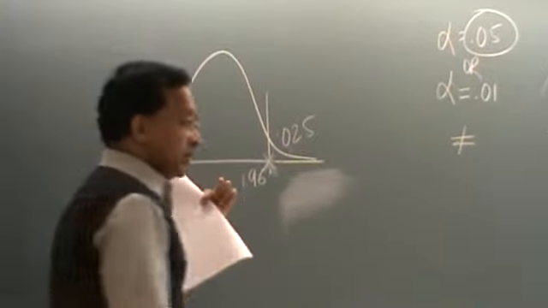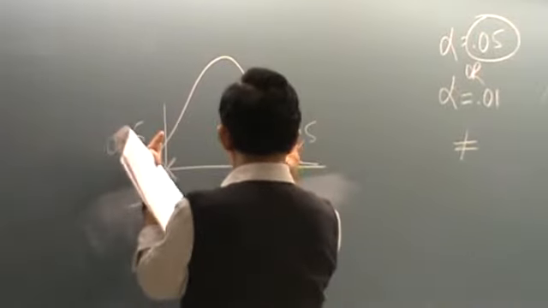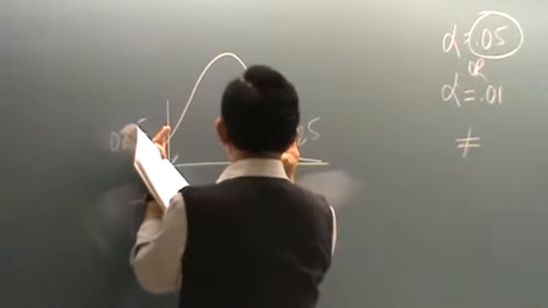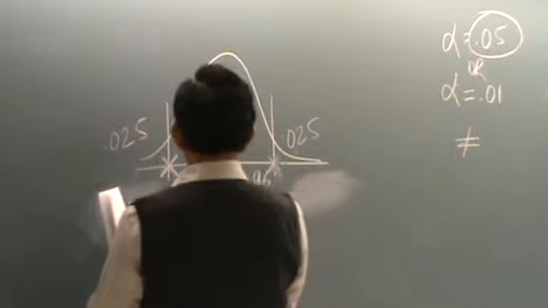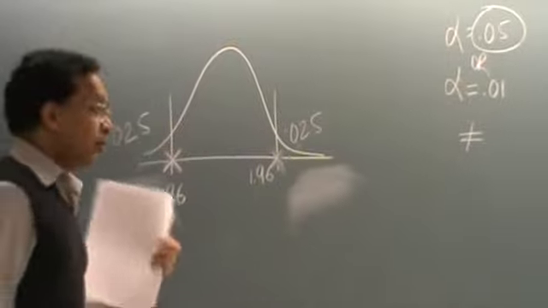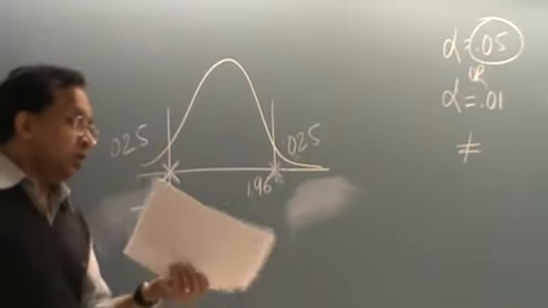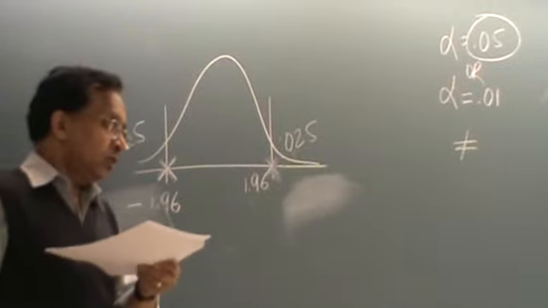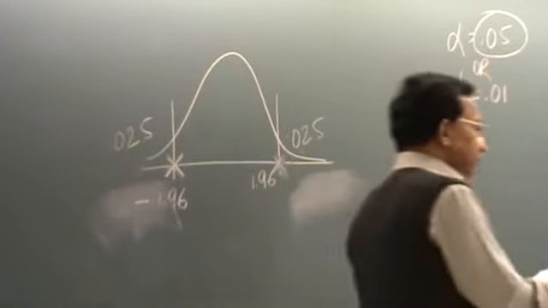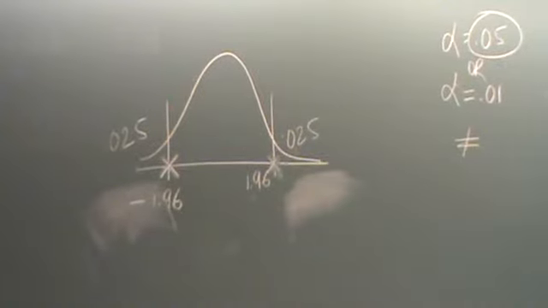Whenever using these two tails, this is the rejection area. So it has to fall within these, minus 1.96 and plus 1.96. If it doesn't fall within this value, then we reject the null hypothesis. So before we can even reject the null hypothesis, now we have to do the calculation. So how do we calculate? And for the calculation, look at